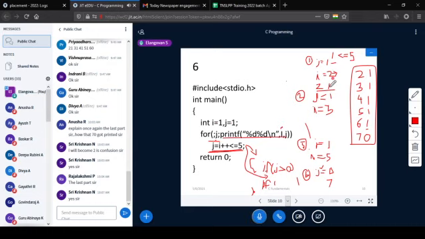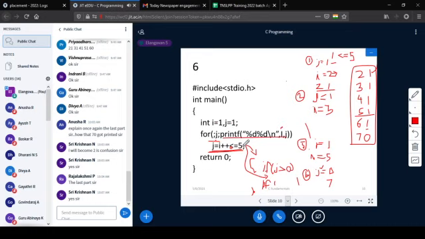Then the next statement to be done is printf. So 2 and 1 get printed. This is fine. Likewise you will get till 5. At the end, i becomes 5, that is 4 less than or equal to 5 was checked earlier, then only 5 gets printed.